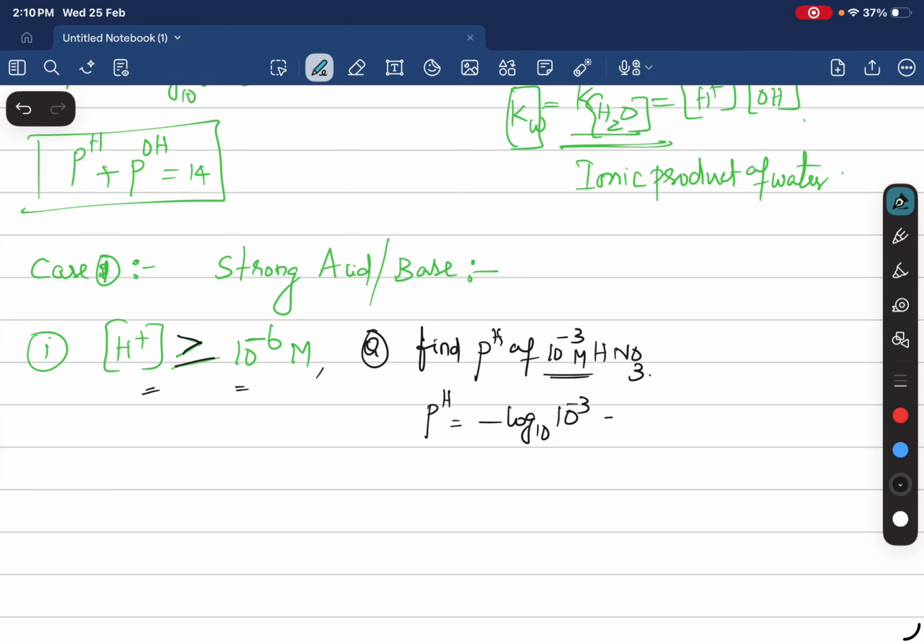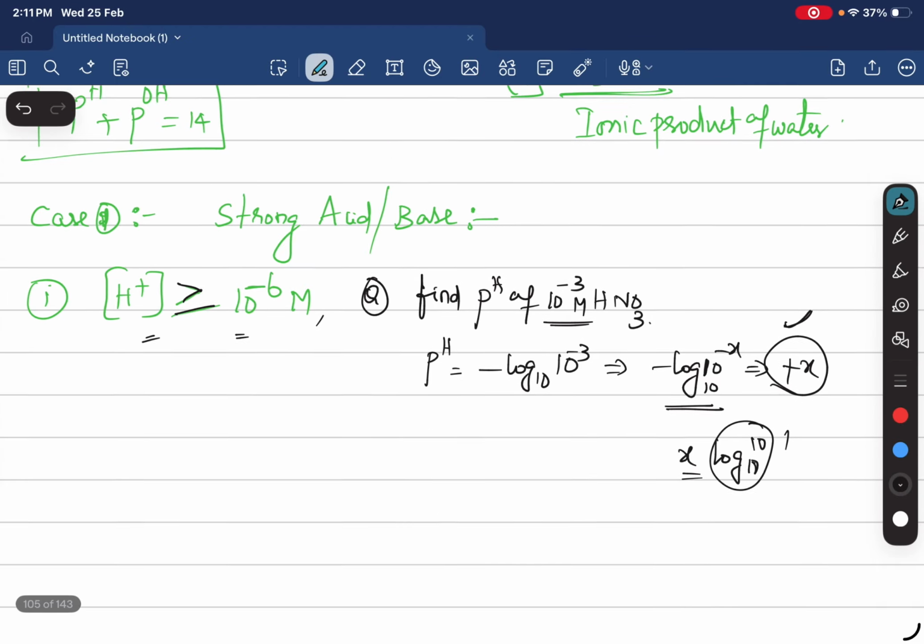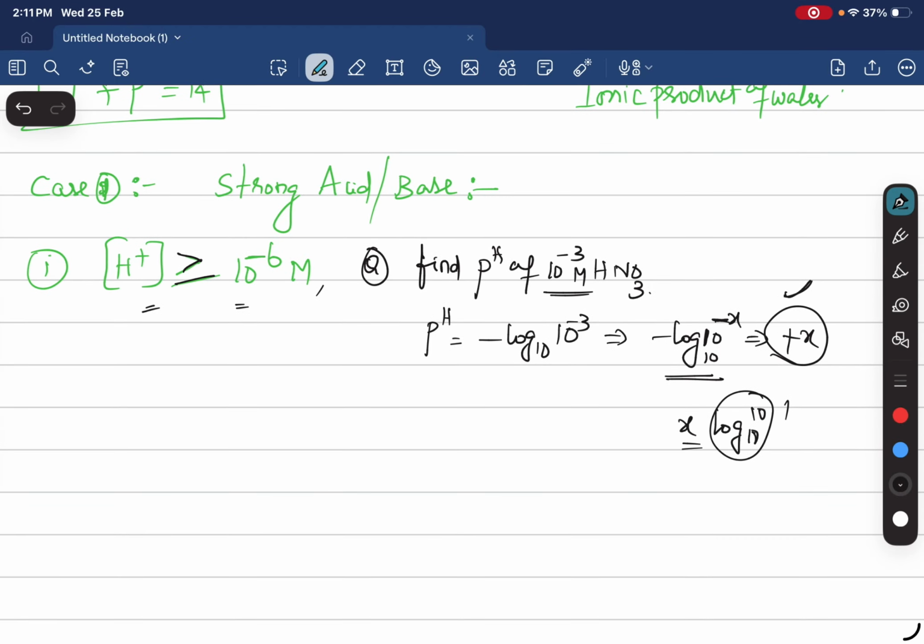And what is the result, students? It is like negative log of 10 power minus x, which means you will get plus x, because log of 10 base 10 is 1, so x is what you get: minus into minus is plus. But case 2: if the H plus ion concentration is less than 10 power minus 6 M,